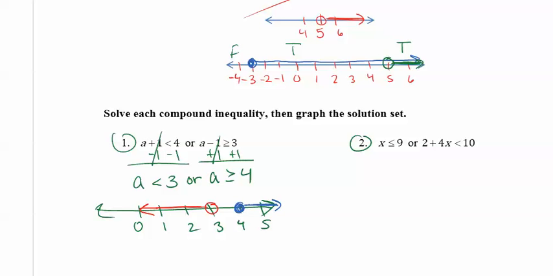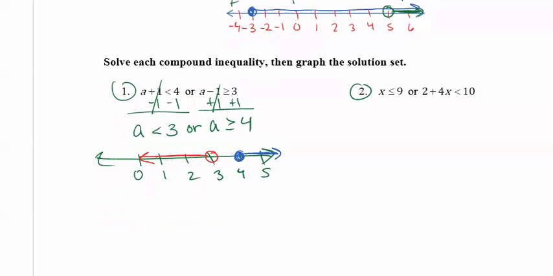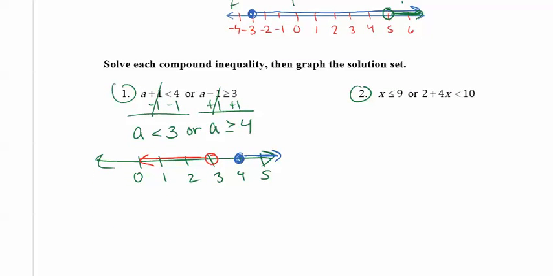Okay, so notice this one is a little different from the previous one that we did. Up here, our inequality started in one direction, and then the other inequality joined it to continue the process. But in this case, our inequalities point in two different directions. What does that mean? Here I have solutions that continue on in this direction forever, so any point before 3, my inequality is true. Any point between 3 and 4, not including 3, my inequality would be false. And then starting at 4 on, my inequality would be true,